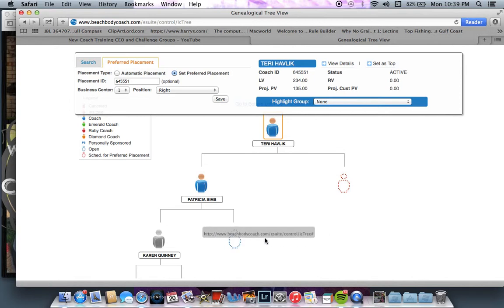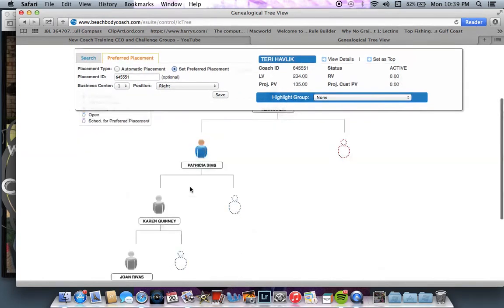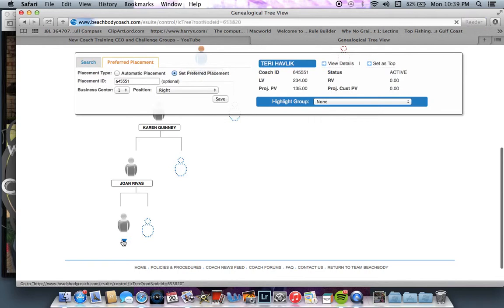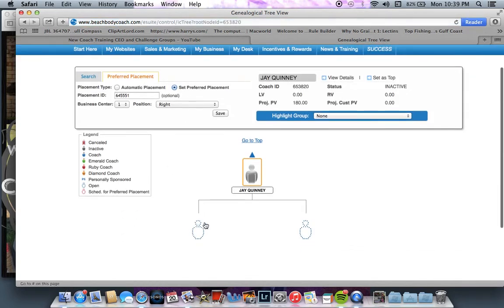This is an inside leg, and we never want to place coaches on these inside legs because they're not really getting a lot of upline support. So this person would only get upline support from Patricia, instead of getting upline support from that whole long leg. So you're going to want to go all the way down until you find the first free little man on